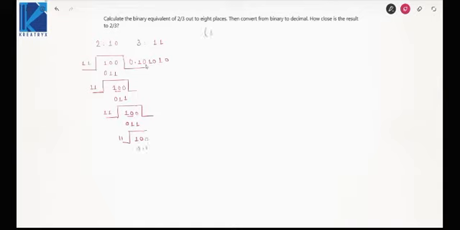So that means it will become 0.10101010 up to 8 places. Now it is saying we have to convert this binary to decimal, and how close is the result to 2 by 3? So what is the power? 2 to the power minus 1, 2 to the power minus 3, minus 5, minus 7. So if you convert it to decimal,